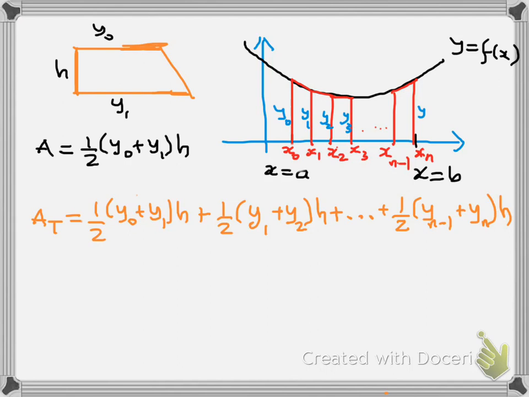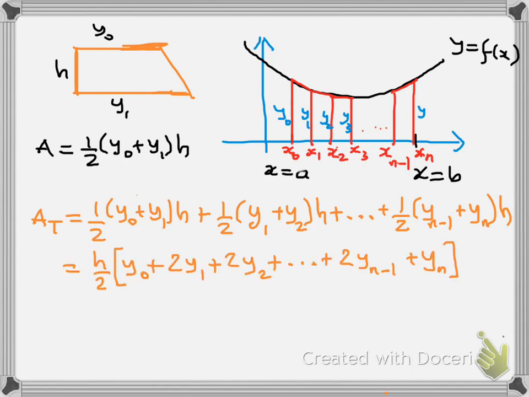plus y sub n multiplied by h. If you rewrite this, factoring out the h over 2, the half and the h, and deal with what's inside, you will come up with an equation that looks like this: h over 2 multiplied by y sub 0 plus 2 times y sub 1 plus 2 times y sub 2, and so on, all the way to y sub n. This is the area under the curve when you're talking about the trapezoidal rule,